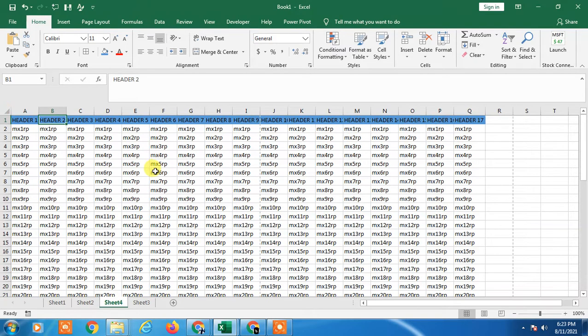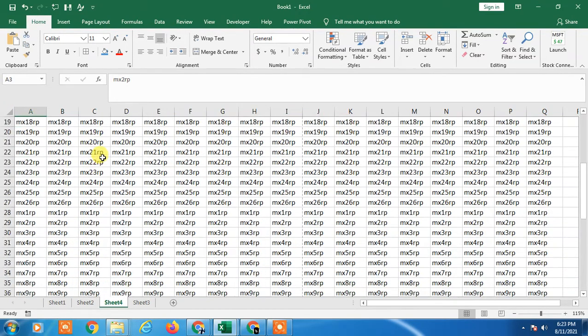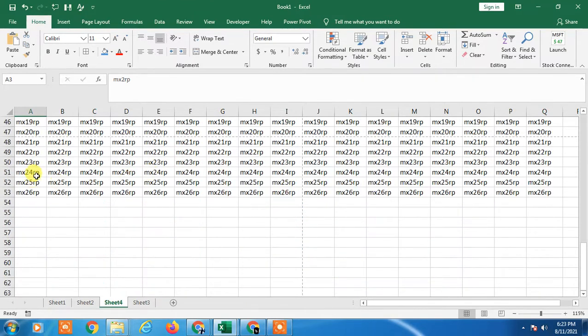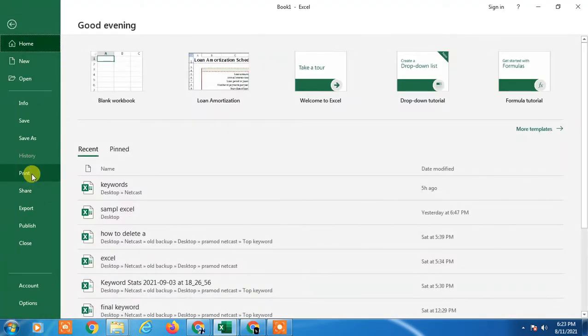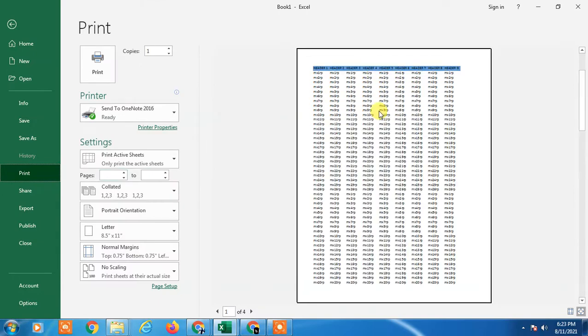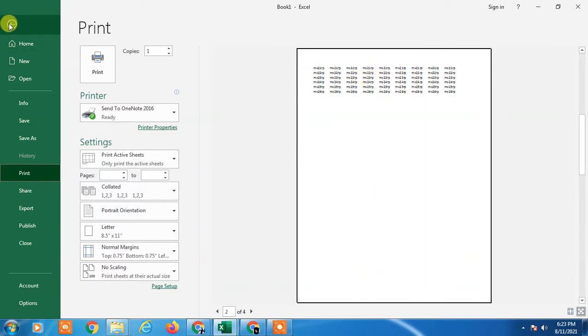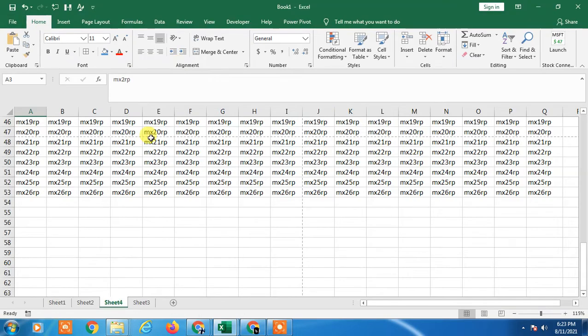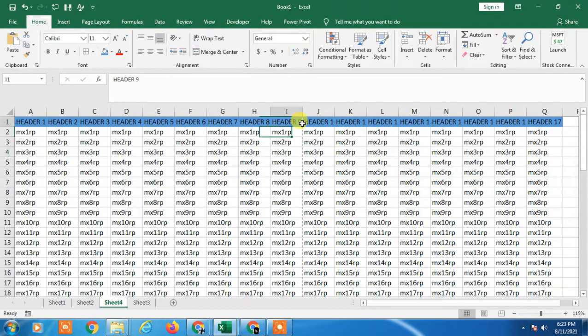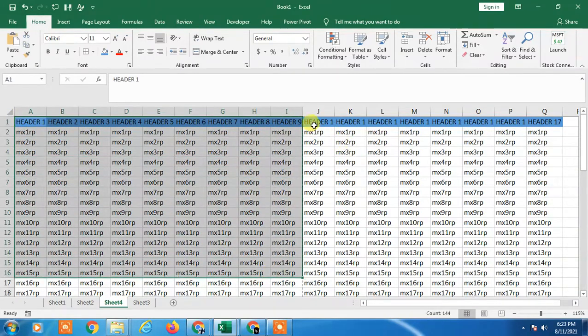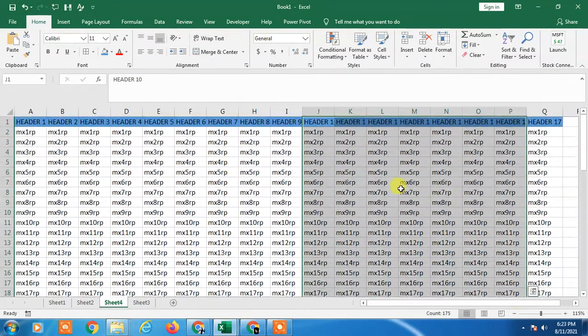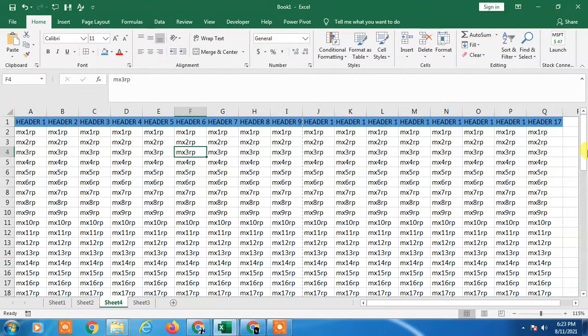Here we have some data. You can see I have a header. Sometimes what happens is that when you preview, it will be pages one and more, and the header will not repeat. So how can you repeat the header to know which data belongs to what? And if you see this, we have a large Excel sheet, and this page header number 9 is a page breaker. After this page breaker it shows that this is page number 1, and after that it will print on page number 2. So I want to make it on page number 1 only. So what is the solution?